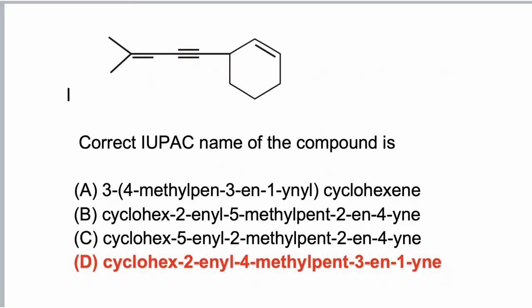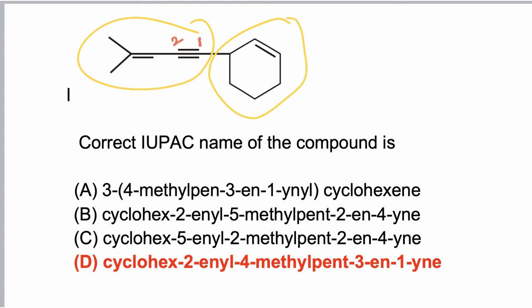In this question, open part and ring both are present. Now ring is having a multiple bond, open part is also having multiple bonds, but the principal part is selected according to priority sequence, according to which the main chain is having the maximum number of multiple bonds. So open part is having 2 multiple bonds, while ring is having only 1 multiple bond. So open part is the principal part, and according to the lowest set of locants rule, first carbon is given to that